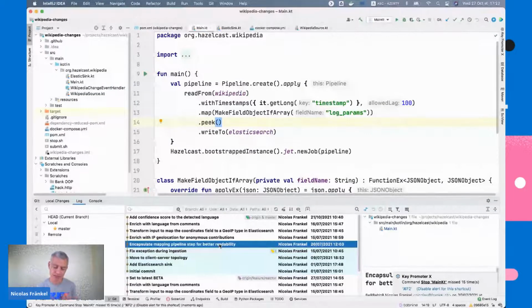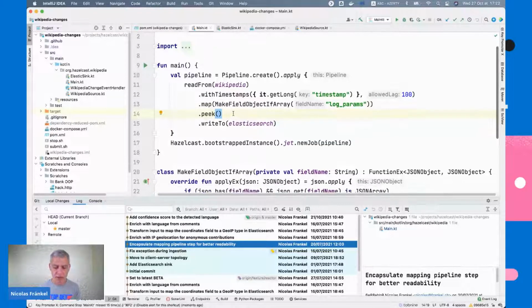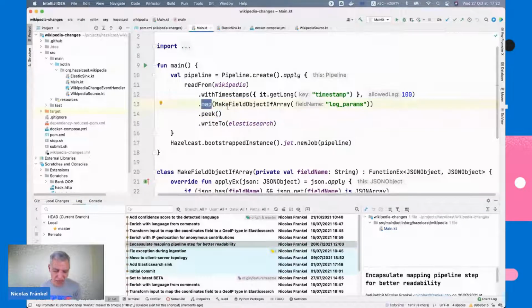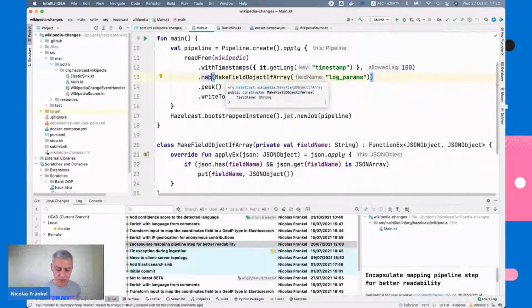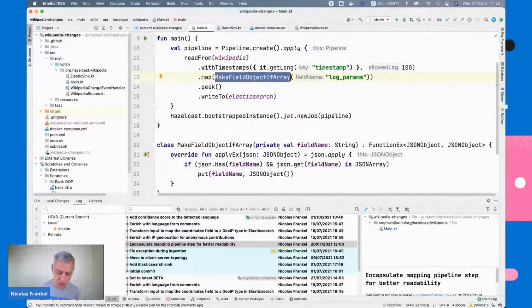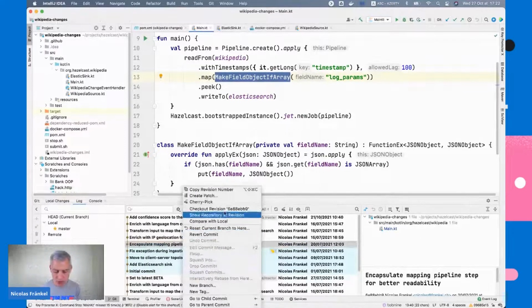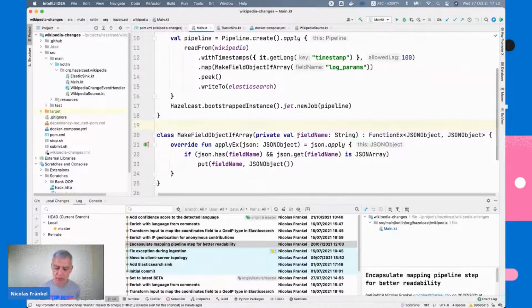I dislike the name clean code, but I like my code to be more readable at least. So instead of mapping, which I believe not everybody is familiar with, I just want to make it easier to read. I will just change it, and you will see it's not a big change, but for me it makes a big difference.